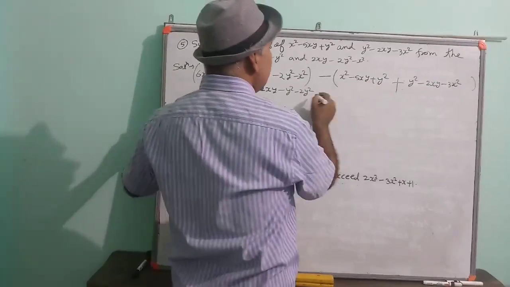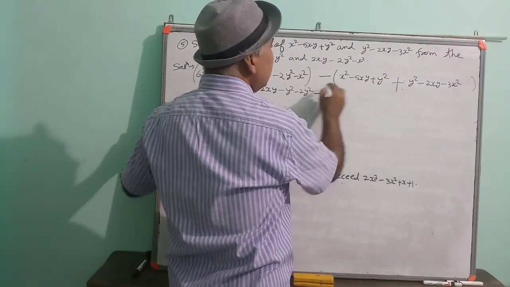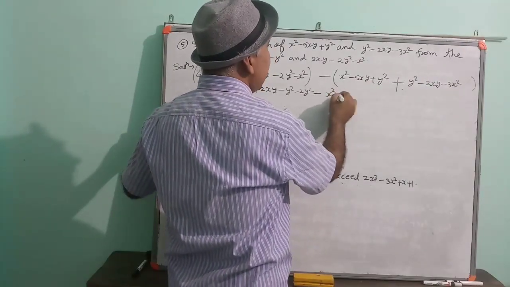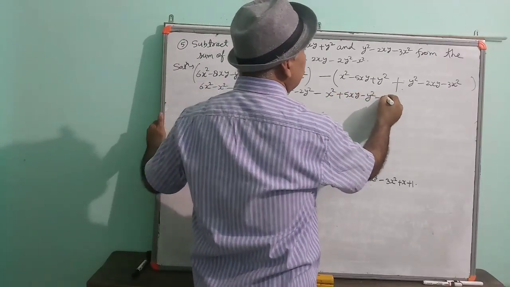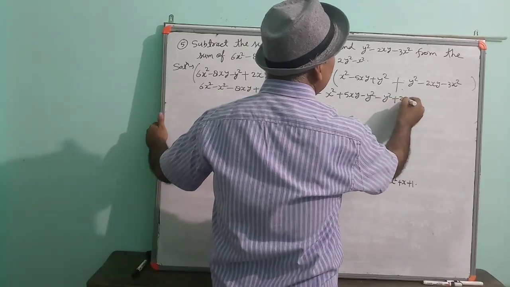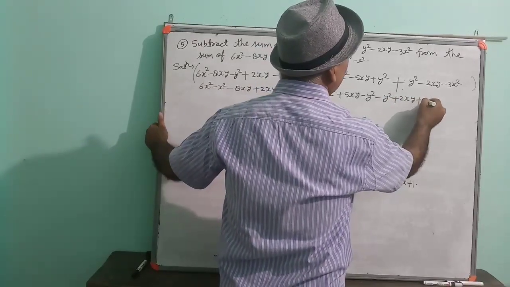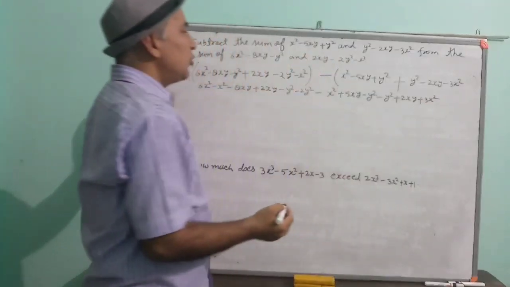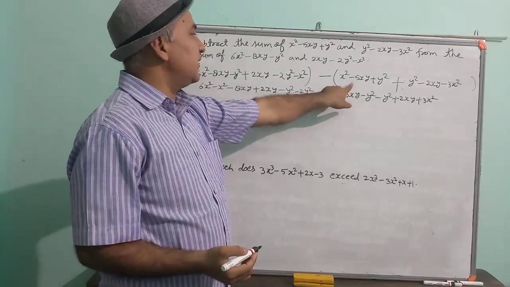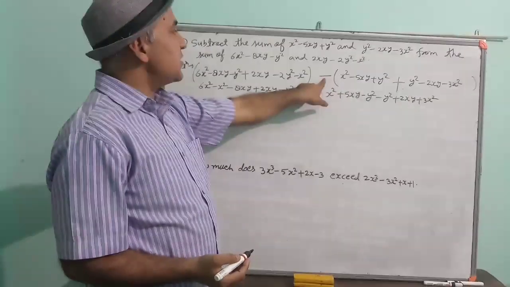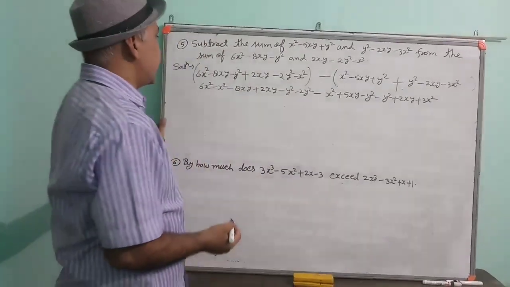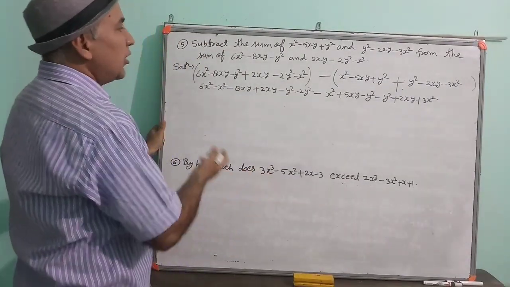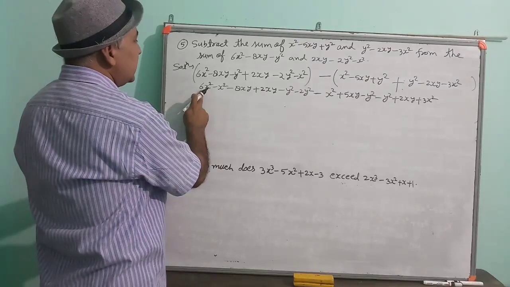Now in this question, when we open the bracket, all the sign will be changed. This is the important point, otherwise the solution will be wrong. When you are opening the bracket of the right hand side, this one, since there is minus, then in the bracket all the sign will be changed. Okay? Now write down all the like terms together and then solve it.